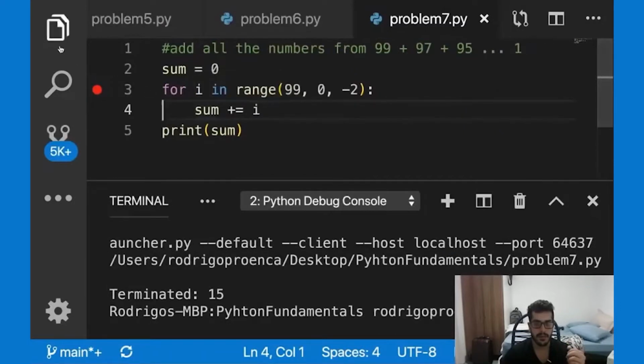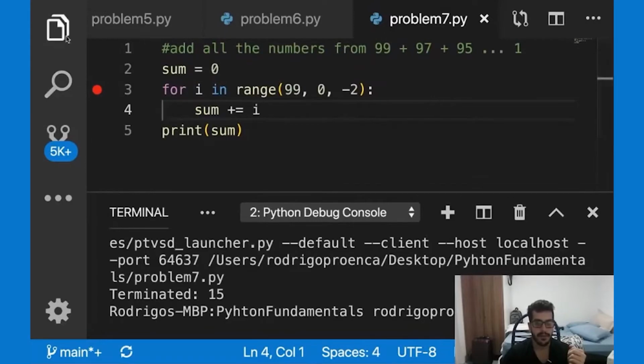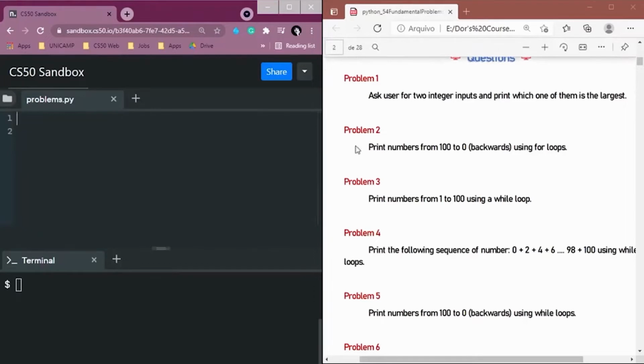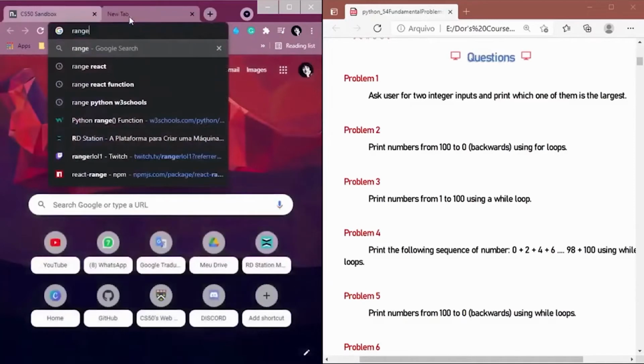Sounds good? Problem 7. So hopefully you guys by now are pretty familiar with loops. Now we want to print numbers from 100 to 0 backwards using for loops. Okay, so let's print this backwards using for loop. So we already know I'm going to put this in here, range